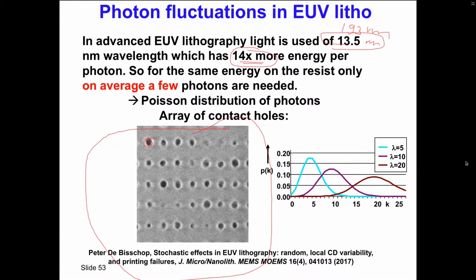That's a factor 14 difference. Now, I need only a few photons. That means I run into the Poisson distribution, and you get exactly the same issues as in threshold voltage mismatch, capacitor mismatch, resistor mismatch. But here it is very nicely illustrated, because the quantization of photons in this case is very clearly seen. You see here all the potential variations in number of photons that are used to print each of these devices.